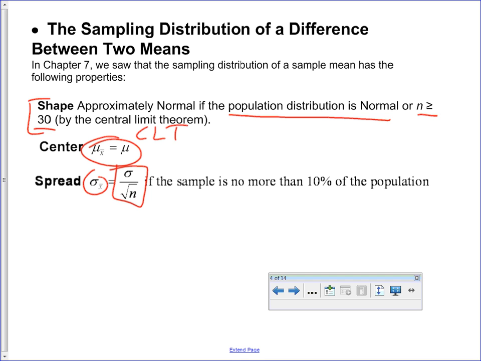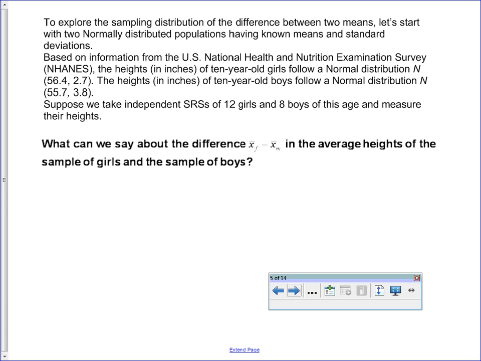Now, once again, we're going to run into the trouble we had before, which is all this assumes we know sigma. So, to explore the sampling distribution of the difference between two means, let's start with two normally distributed populations. Based on information from the U.S. National Health and Nutrition Examination Survey, the NHANES, the heights in inches of 10-year-old boys follow a normal distribution